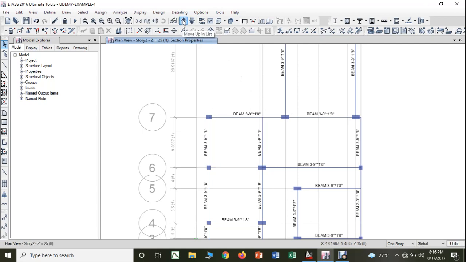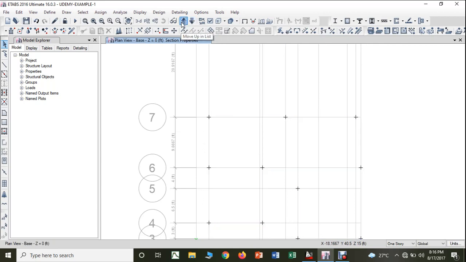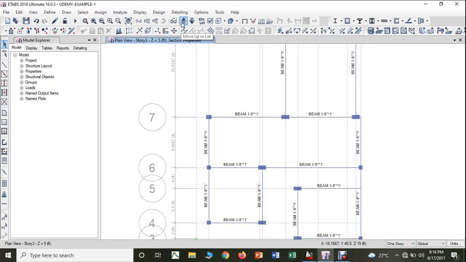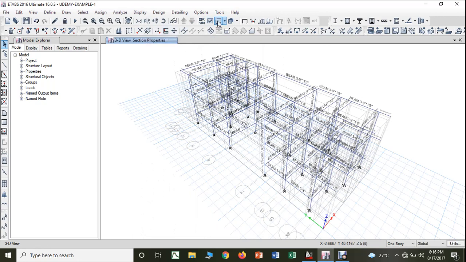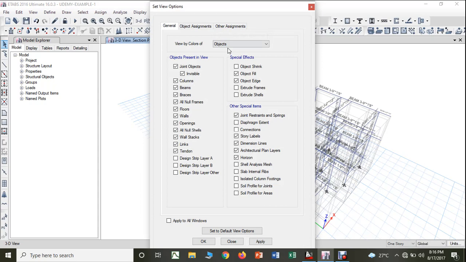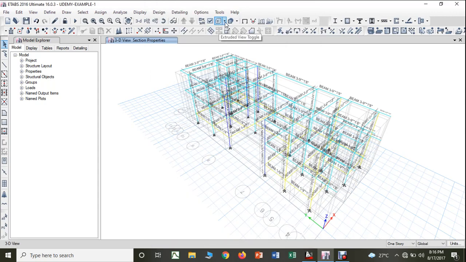So therefore you can see that only my plinth beams have been changed to beam number 1. Now if I bring it to the 3D and give the extrude option, or before that I will change it to section properties. I'll give Apply to Windows, Apply, and now if I give the extrude option,